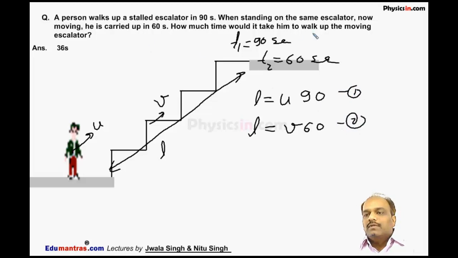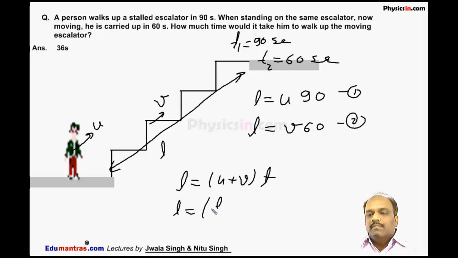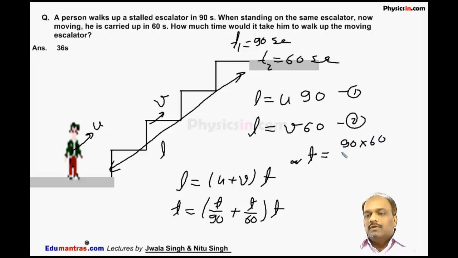How much time will it take while walking up the moving escalator? Now if the escalator and the man both are moving, then the speed becomes U plus V. So I can say L is equal to U plus V into T. Let the time now be T. So from here I can say L is equal to, I will substitute the value of U from here, L by 90 plus V means L by 60, into T. On solving, this L will cancel out, and we get T equal to 90 into 60 divided by 150, that is equal to